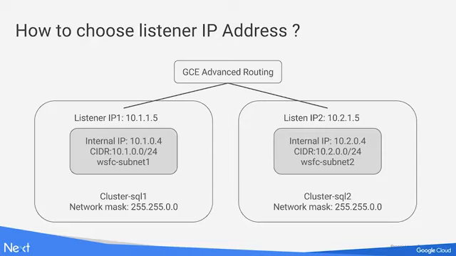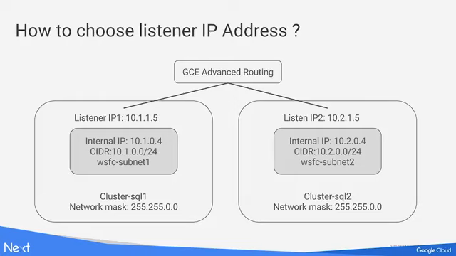Here's a typical network configuration that Google recommends for use in this scenario. There are two subnets, 10.1.0.0/24 and 10.2.0.0/24. On the virtual machine side, the VM network configuration has a subnet mask of 255.255.0.0. So the virtual machine view of the network is a superset of the Google Compute Engine subnetwork view.